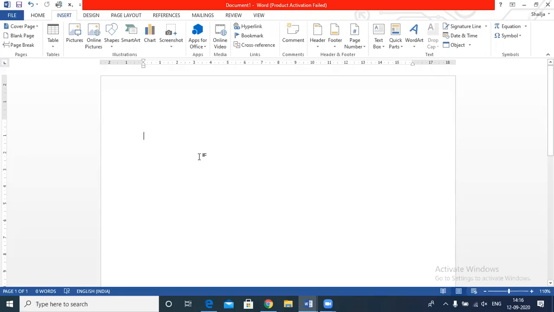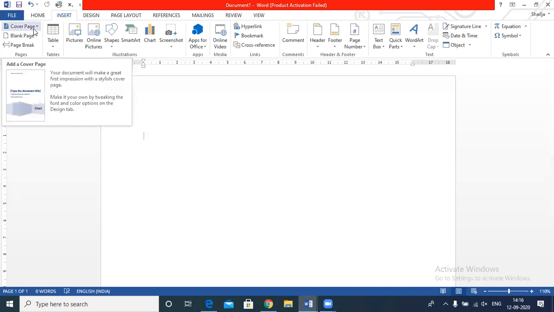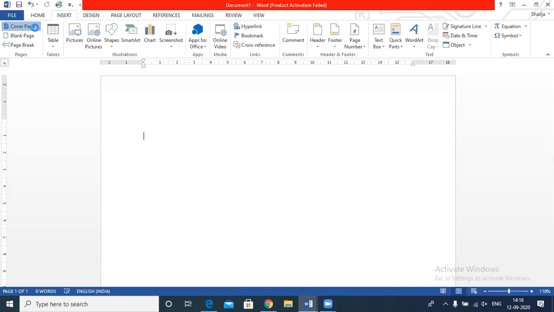Okay, let's start with the insert tab. The first option under the insert tab is cover page. What is cover page? Cover page is the title page of our file or report, whatever we are creating. To add the cover page to your document, you need to click here on the cover page